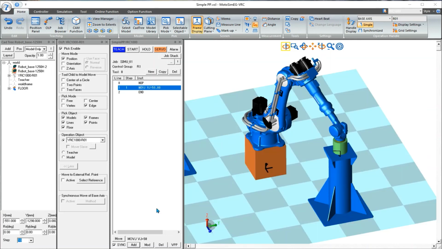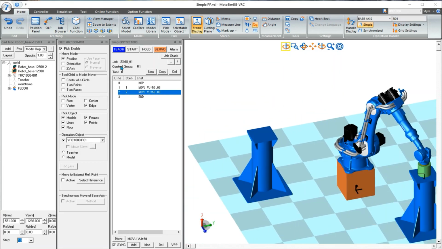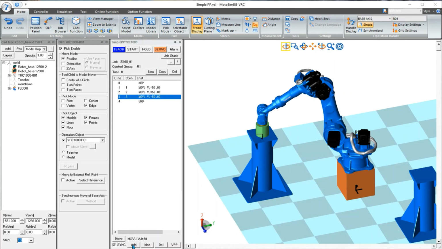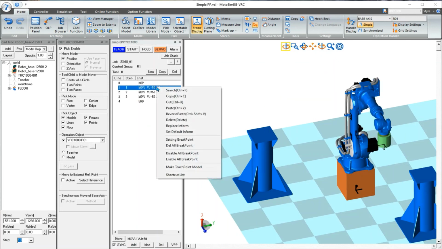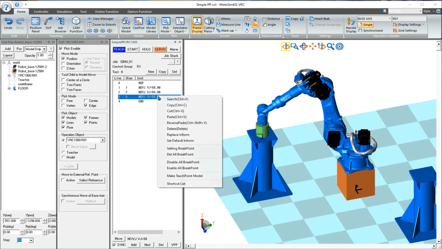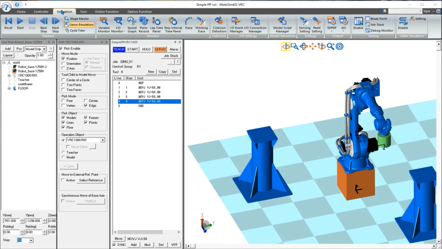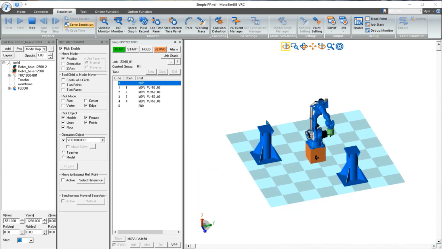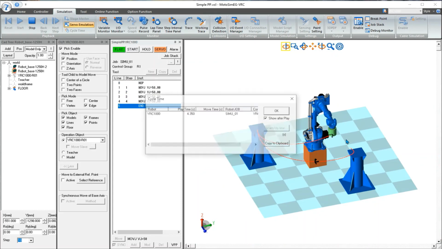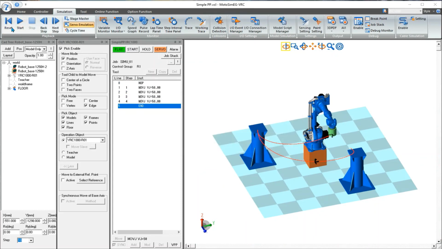Now go to the third point and follow the same procedure like this. Like this the program is generated. So this is the OLP function in Modosim EG VRC.